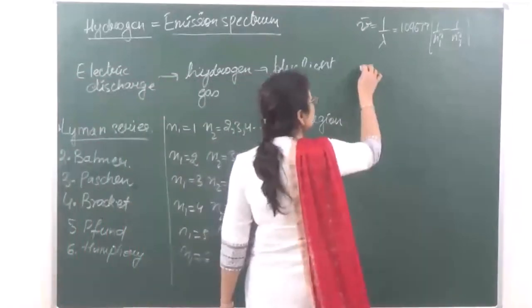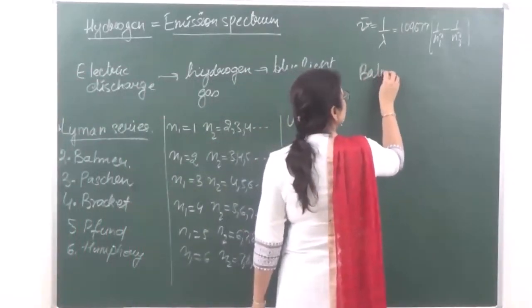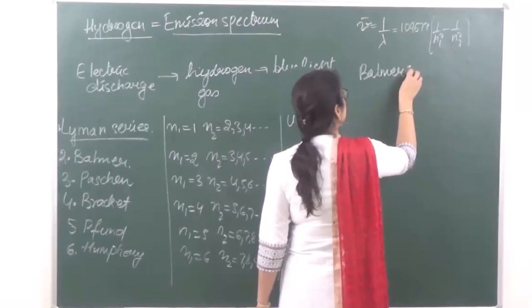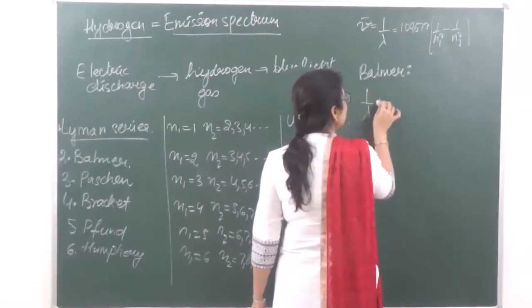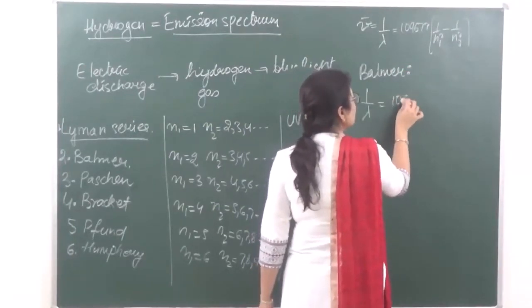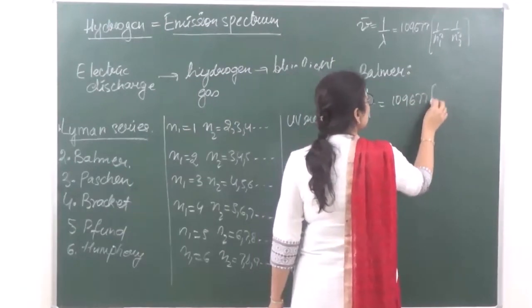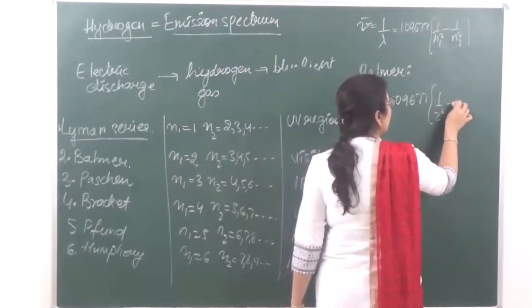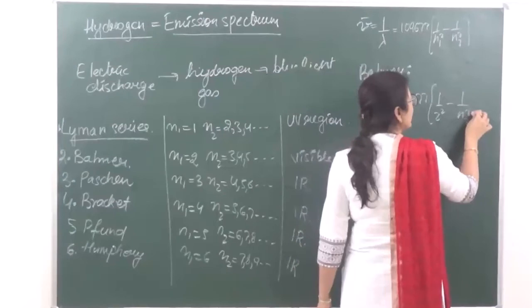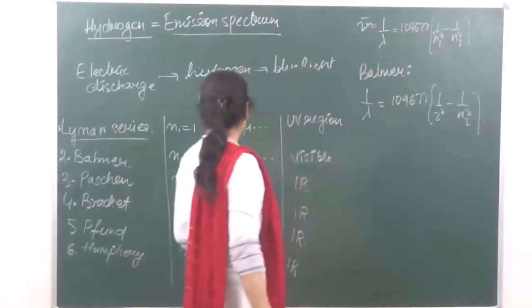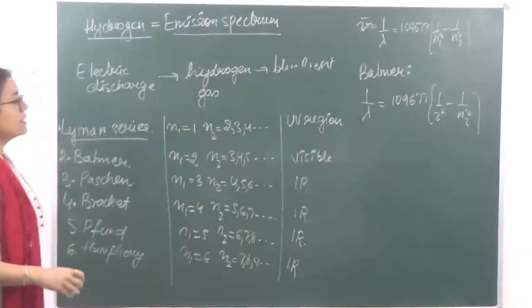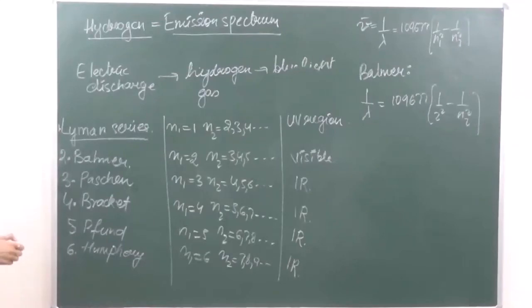For the Balmer series specifically, 1 upon lambda is equal to 109677 times (1 upon 2 square minus 1 upon n2 square), because for Balmer the value of n1 is going to be equal to 2, right? So there were various transitions given. One thing which you have to remember over here is